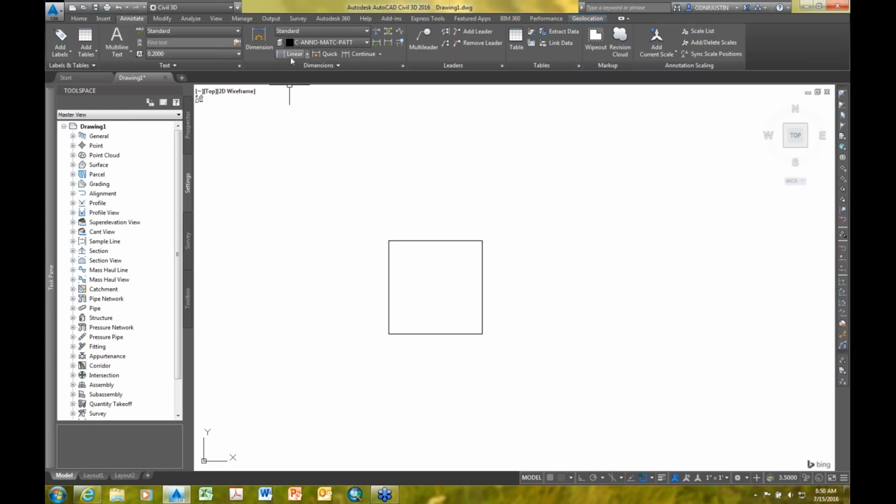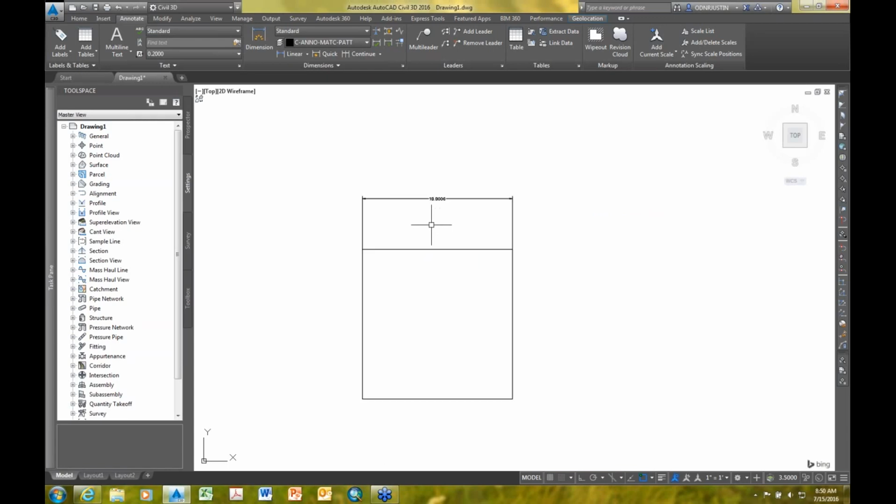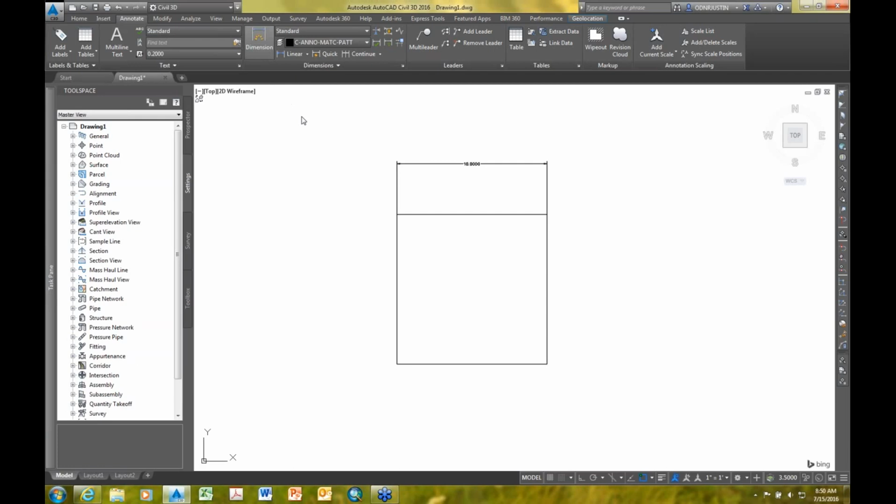So in this case, I've got my rectangle. Let's go ahead and add some dimensions. I can add different types of dimensions, be it aligned, linear, angular. We'll do the linear dimension here from end to end, and that'll show us as 10 foot, and we'll do this one as 10 feet as well. Okay, so now I have two dimensions, and if I go back to my paper space,